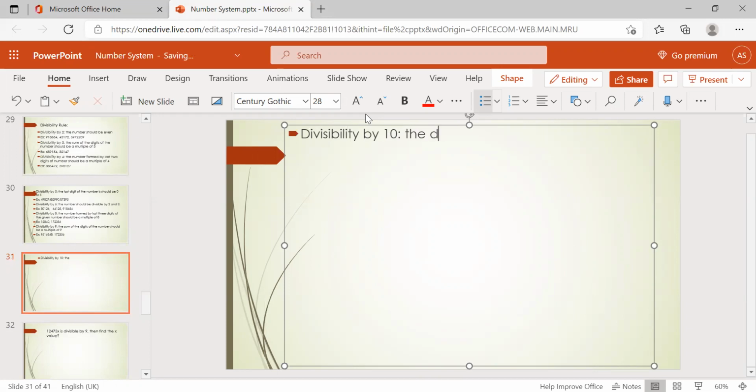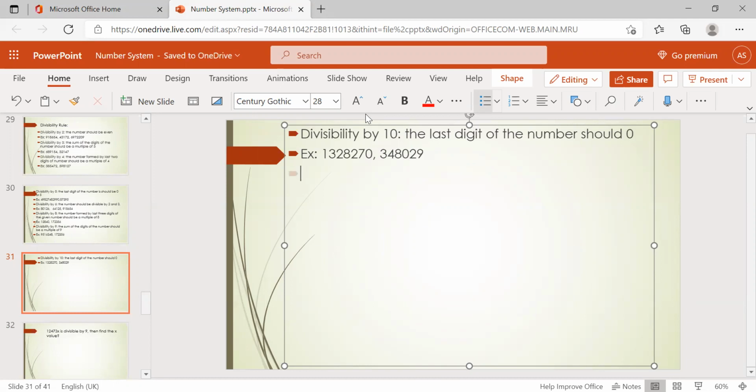The last digit of the number should be 0, that's it. If the last digit is 0, then the number will be divisible by 10. No need of an example. Whatever the number, if it ends in 0 it is divisible by 10, and if the last digit is non-zero, then it is not going to be divisible by 10.